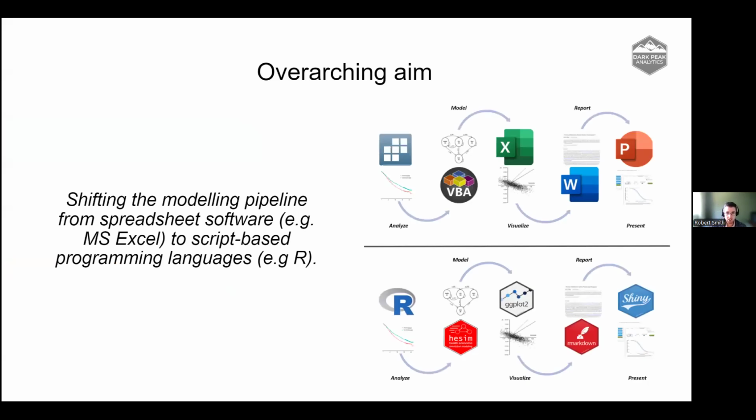So what is the overarching aim and common topic amongst these 4 topics is trying to shift the modeling pipeline for analysis, modeling, and outputs from models to make it easier to update models, more transparent, and more efficient to work with models. So if you think of the current HTA or public health modeling pipeline for a piece of analysis that feeds into a model,